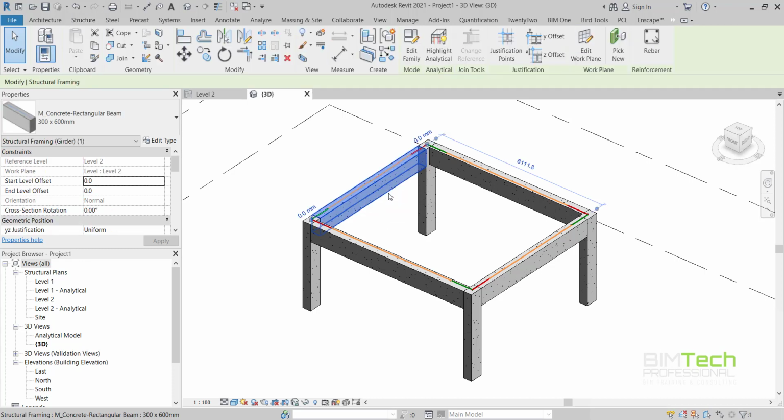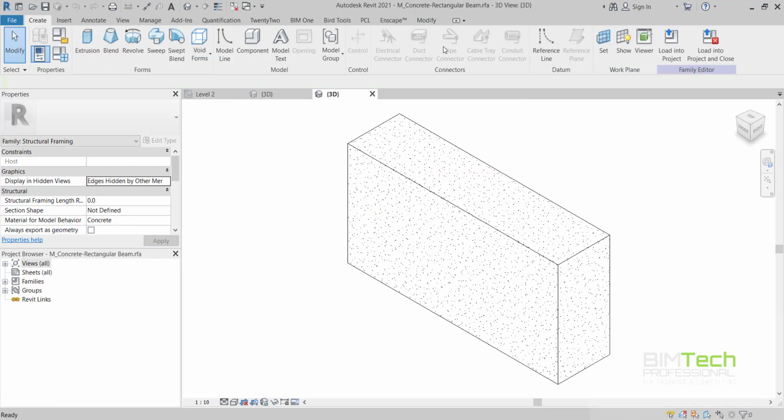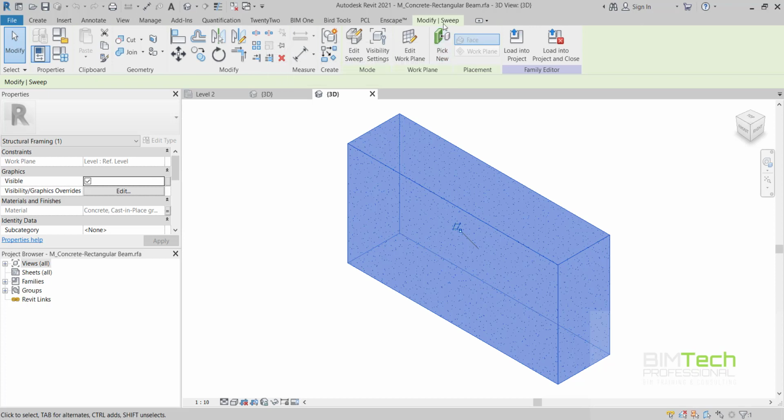Click on the beam and then click on Edit Family in the Contextual tab, and the family of the beam opens up. To check, first of all we'll have to click on the geometry, that is sweep. So we know that it's sweep, and for sweep we need to change the profile of the sweep. So let's investigate. Let's click on edit sweep,